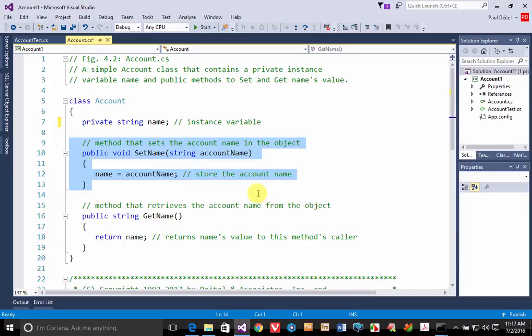In this video, we're going to take a look at class Account's SetName method. And as the name of the method implies, it's going to set the value of a variable, in this case, the name instance variable. When you have a method like this that corresponds to an instance variable in other object-oriented programming languages, the common convention is to call that method set followed by the instance variable name with a capital